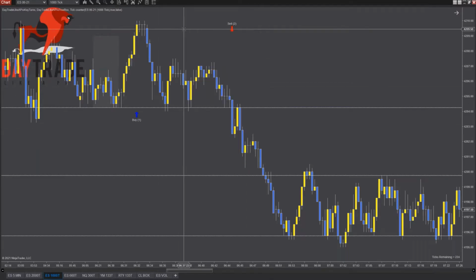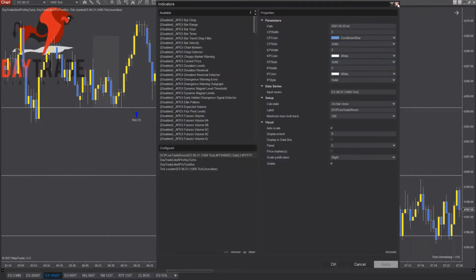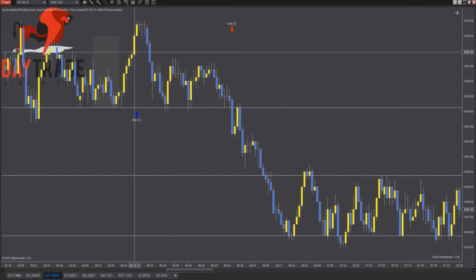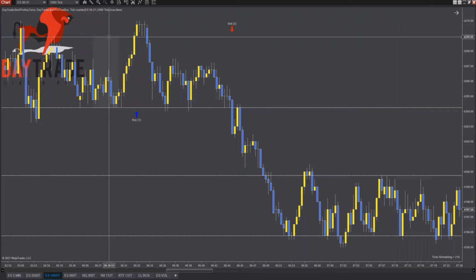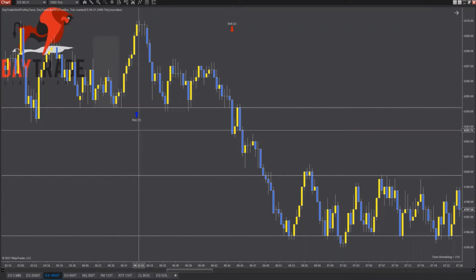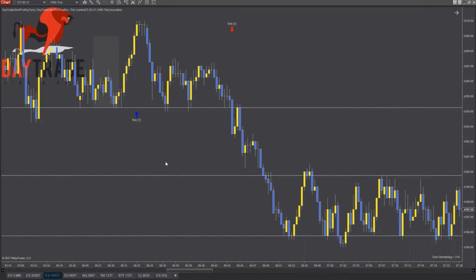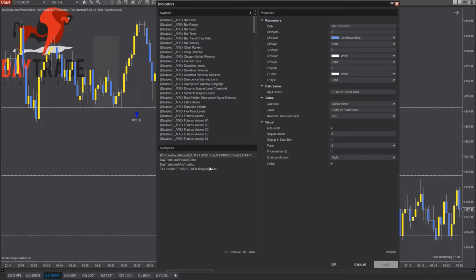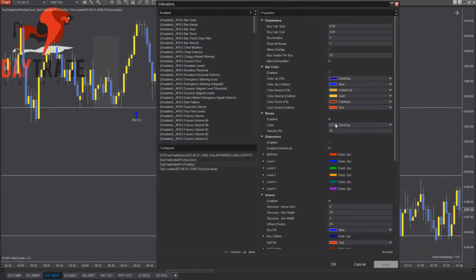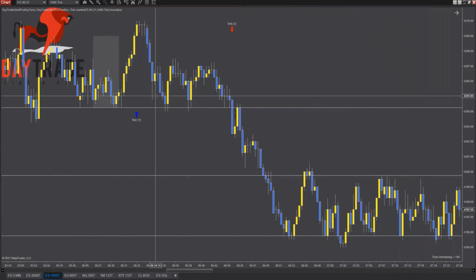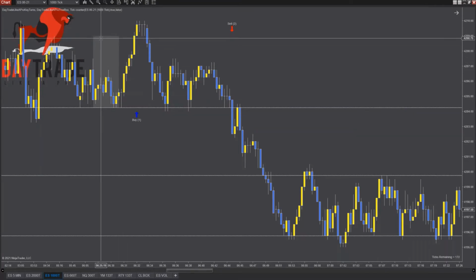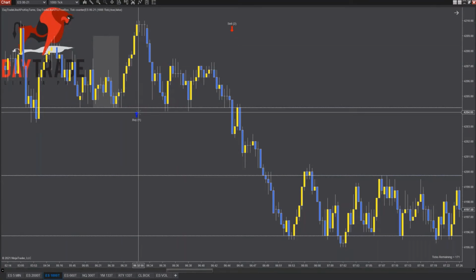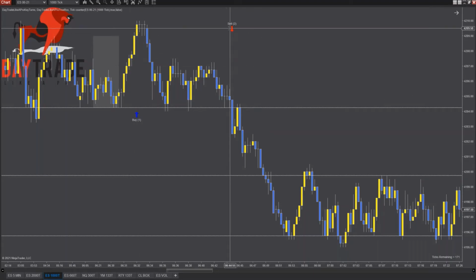Let me just show you a couple of things here. Actually, we won't do it there. We'll just jump over and look at this chart. So right now you can see, this might be a little bit tricky to see. We could make that a little bit bigger, right there. So right here is where the box forms. And then you can see there's a buy signal when it closes above it, and there's a sell signal when